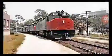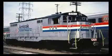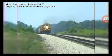18 SDP40Fs landed in the hands of the Santa Fe in trade for 25 CF7s and 18 SSB1200s. Santa Fe converted the SDP40Fs into freight service and designated them as